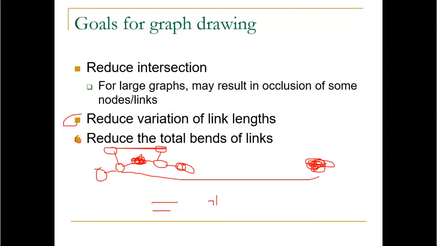Okay, so these are the three goals for homework 5. We need to reduce the intersection, how many things are on top of each other. Like I said, one intersection may be this, just to be clear. If I have two of these links intersecting each other, then why should I have that instead of maybe having it in parallel and I can avoid it? No, it's not going to happen for the homework